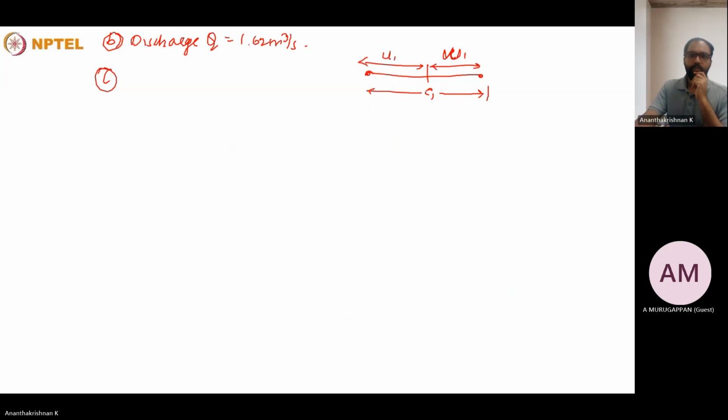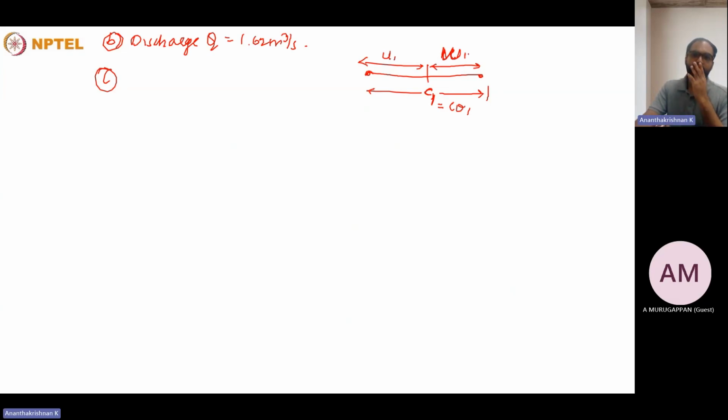The absolute velocity will be in the same direction as that of the blade velocity in a tangential direction. So the C1 itself will become C theta 1, CF1 is equal to 0. The flow component will be 0. Radial component will be 0. And then W1